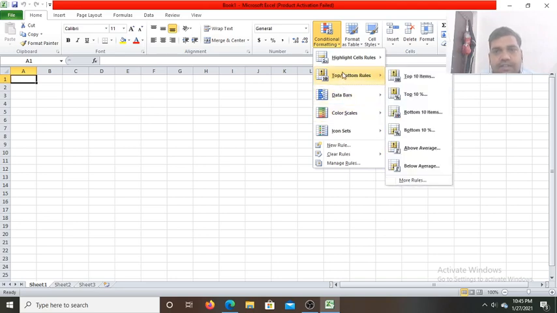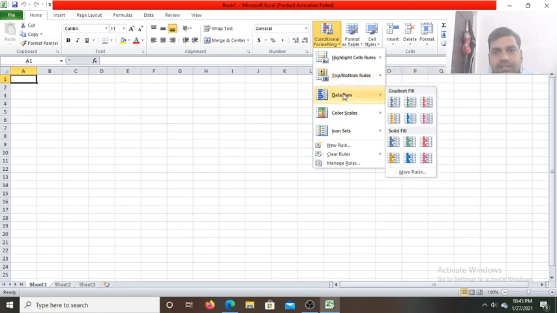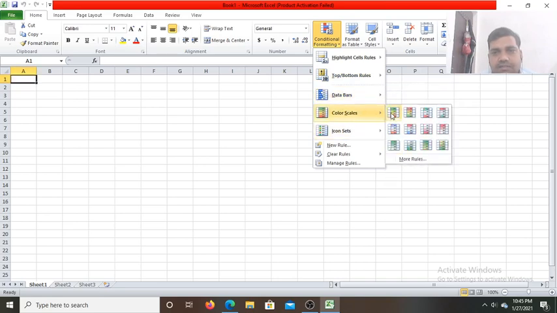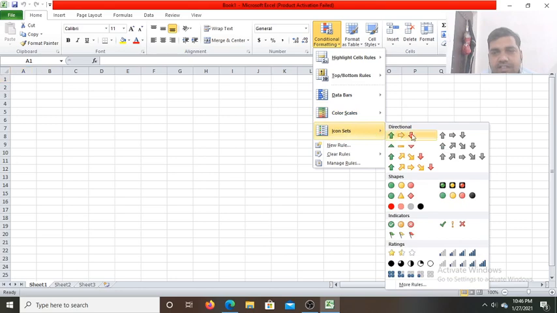Next is data bars: gradient fill, solid fill. Color scales, you can see many color scales. Icon sets, you can see directional. Any of the options you can use, whichever you want.